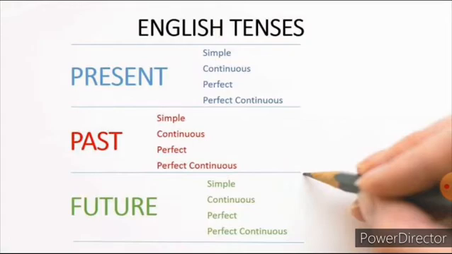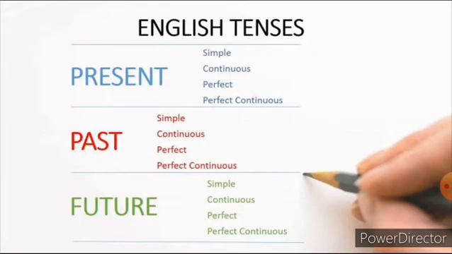And then the third kind of tense is future. This future tense is also classified into 4 types. So, what is the first type? That is simple future. Second one, future continuous. And third one, future perfect. And fourth one, future perfect continuous. So listen children, how many tenses are there? There are totally 12 tenses. Shall we recall it? How many tenses are there?